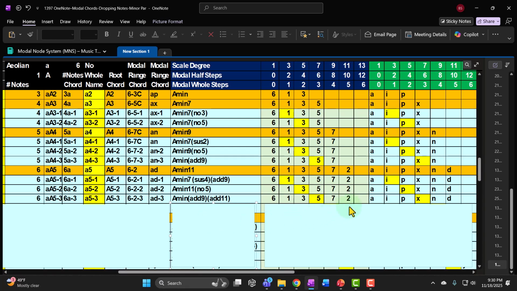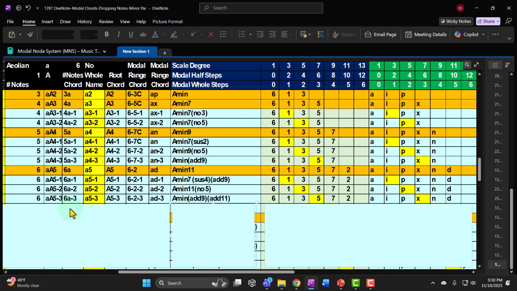But no, they say you can't do that because the 7 is stuck in the stack of 4 notes when you say the minor. So I have to say an A minor, and then that would be the triad, and then add 9, add 11. I believe that's correct. But, again, it's just a ridiculous system because you would think that you would